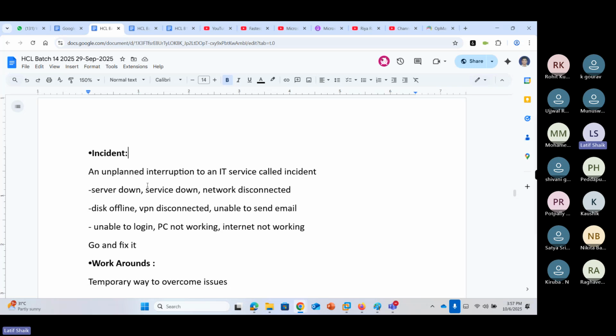Whenever an issue occurs, we resolve it and overcome the issues. Any incident, any issue that occurs, is incident management. What we do is follow the SOPs, KDBs, and troubleshooting model to resolve the issues.